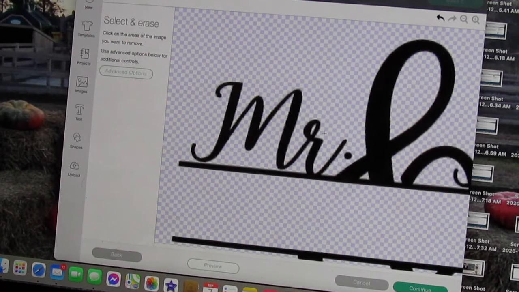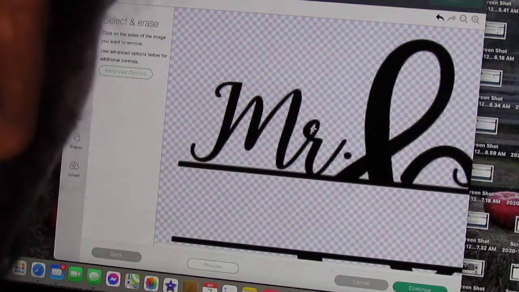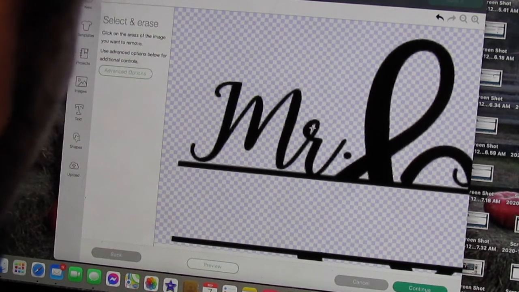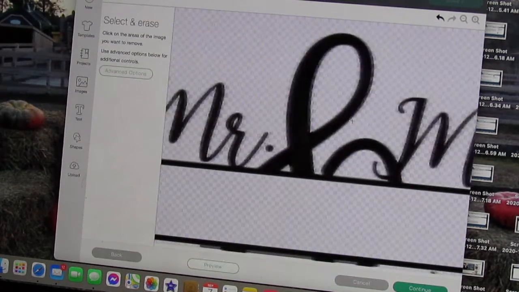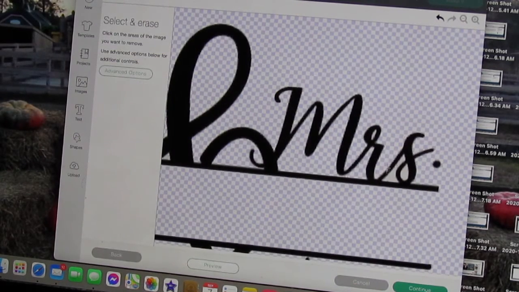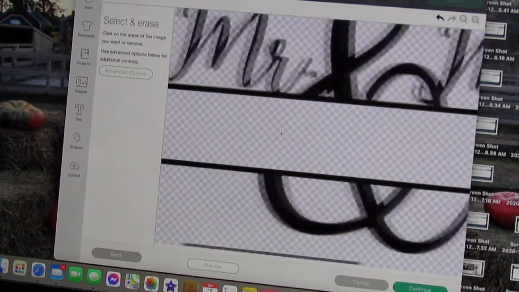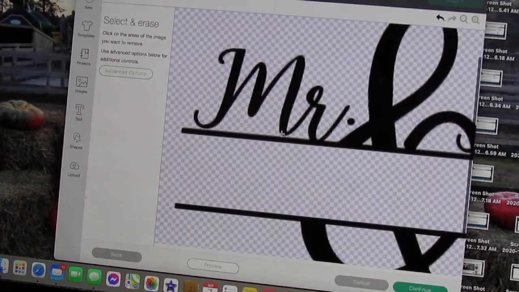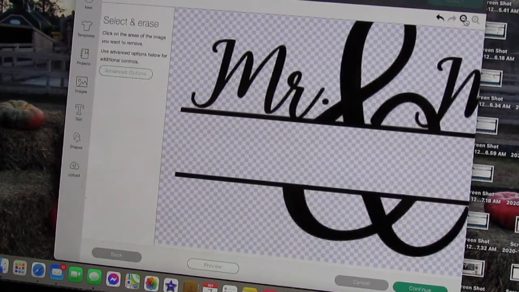So you want to get close enough so you can click inside there to make sure that's done. Same thing over here and here. Once you've got those completely purple and white, pretty much like a checkerboard,